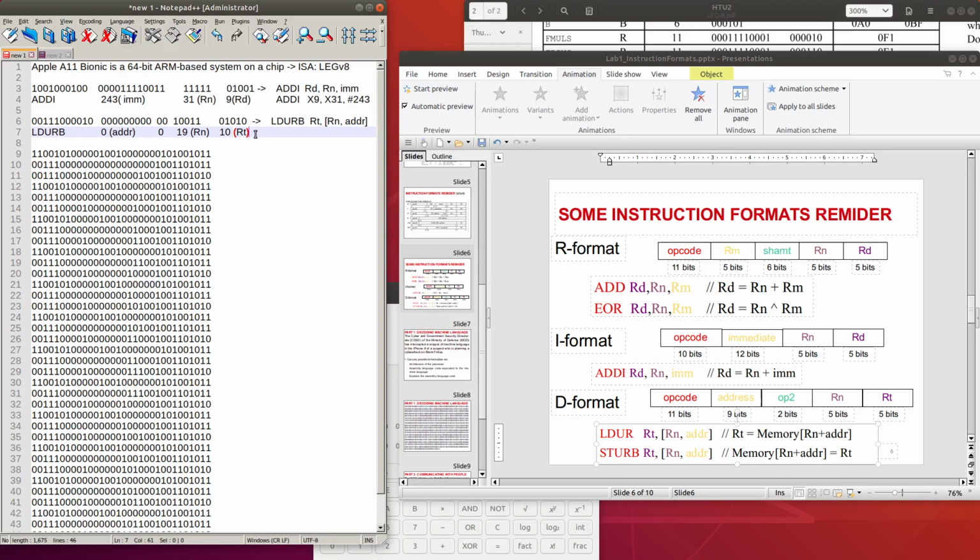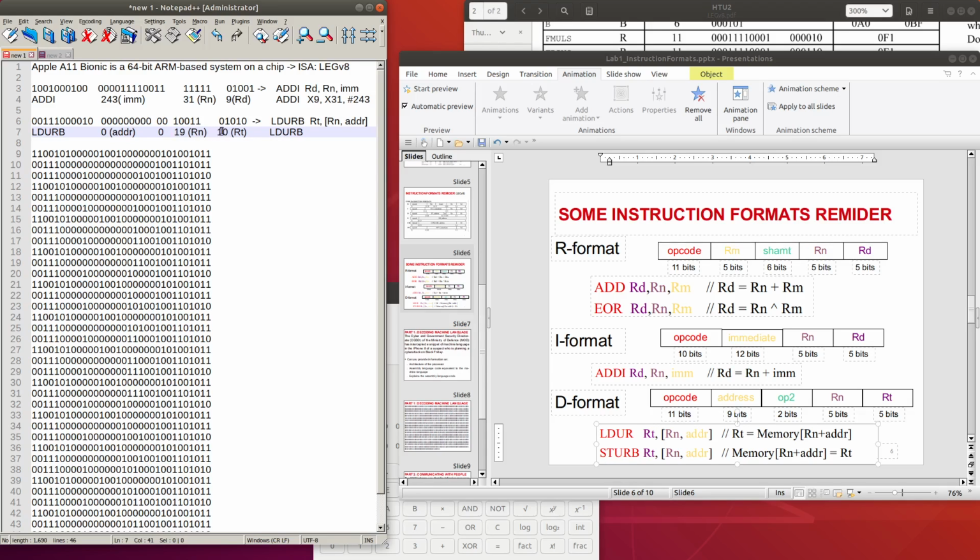So the correct instruction here, we will replace RT, RN and address by this value in hexadecimal. So the instruction will be LDURB and RT is 19.